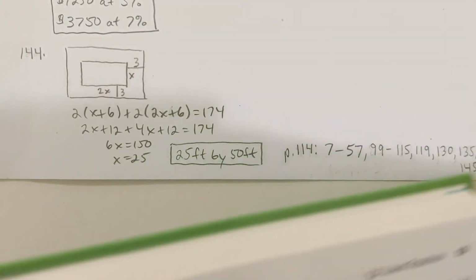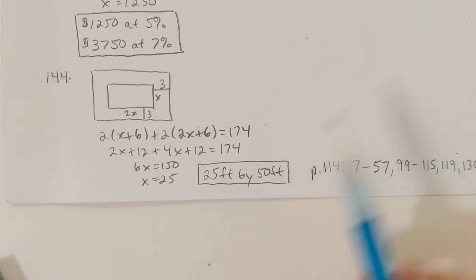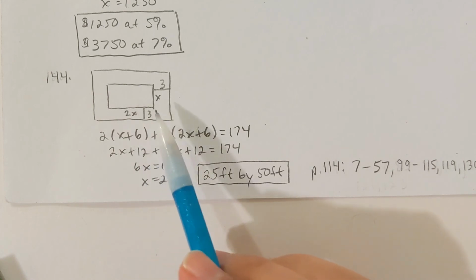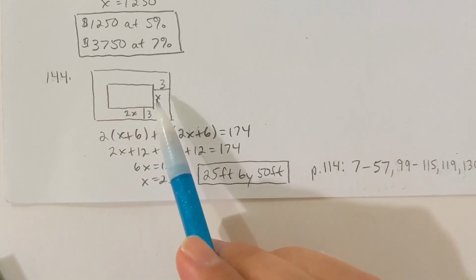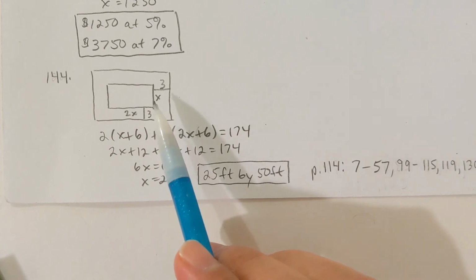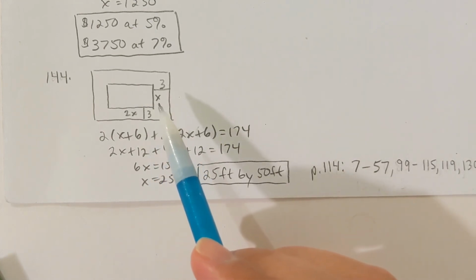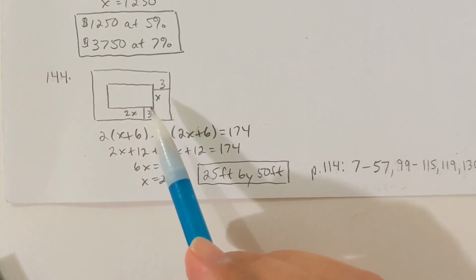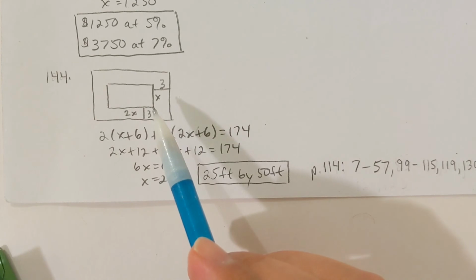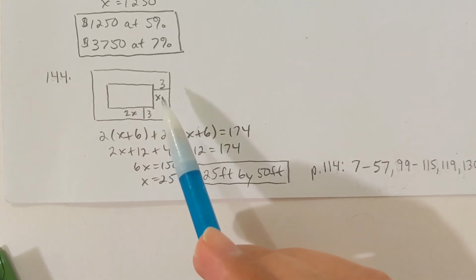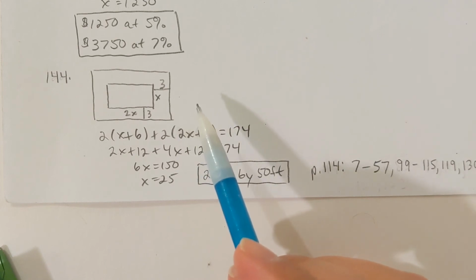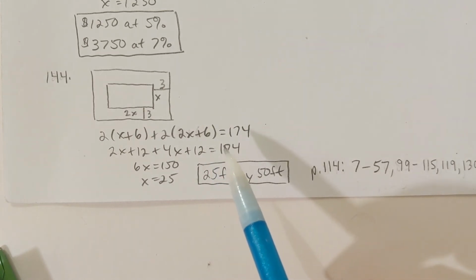So, here's a picture of this pool with the sidewalk around it. Now, the actual pool without the sidewalk is twice as long as it is wide. Okay? So, whatever the width is, x, 2x would be the length of the pool. Now there's a 3-foot wide sidewalk wrapping around the fence. And 174 feet of fence is placed around the rectangular swimming pool, and that's the